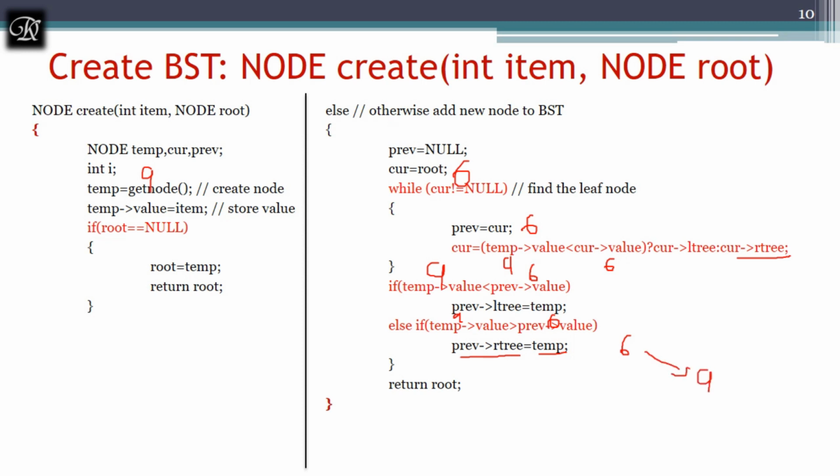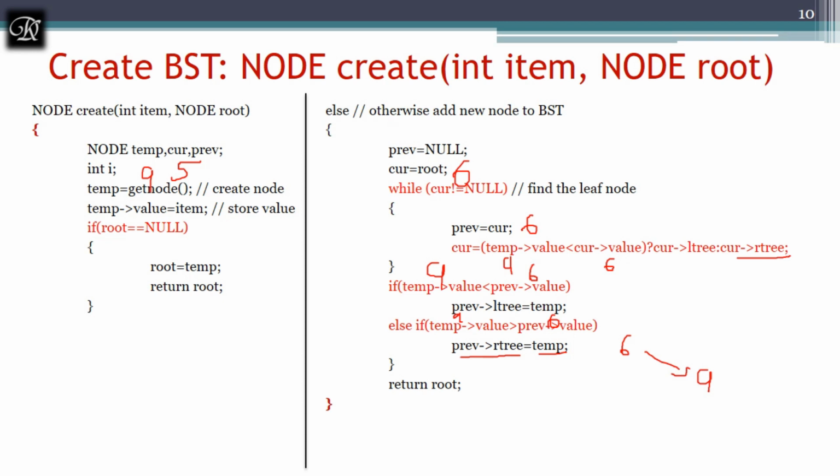Let me take one more for left, and one more I am going to try to insert, where I am going to give you 5. Now the value is 5, and I have read the value 5 over here. Now I am going to check whether the root is equal to null. No, we are having this tree over here. Next I will set previous is equal to null, current is root, which is 6. 6 is not equal to null. Yes, previous will be 6 because I am assigning the same root to previous. Check for comparison with 5.